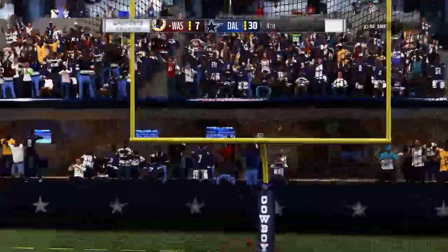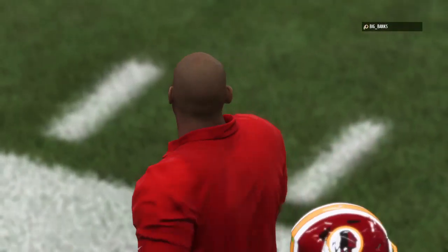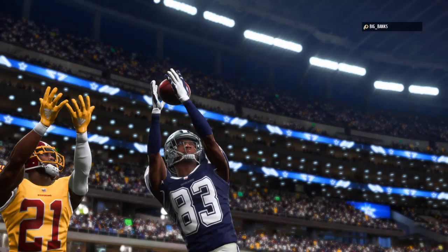The extra point is good, but it only impacts the final score as this game comes to a close. And, Charles, you know what coaches always tell us. We want to win our